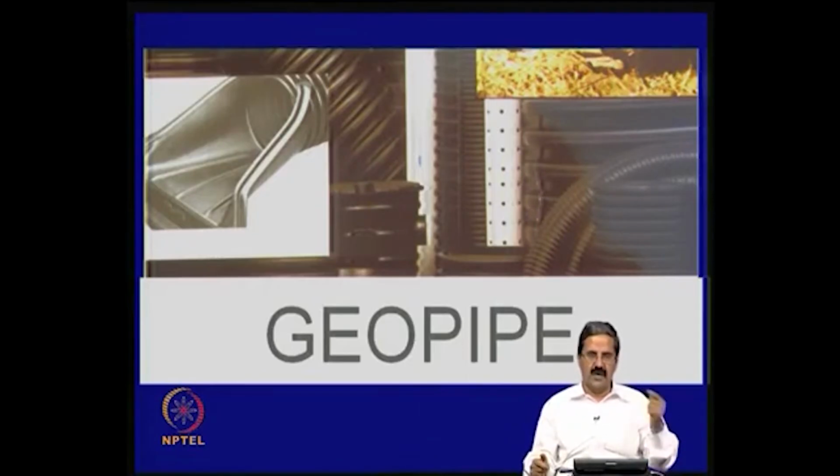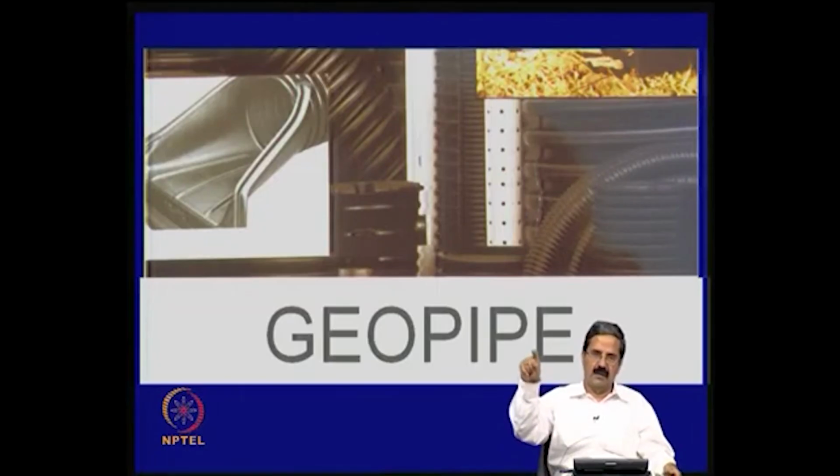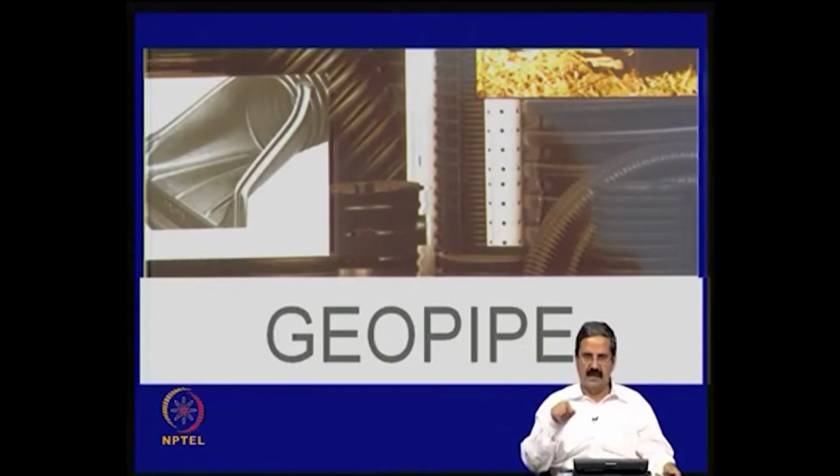So, because of the soil reaction, there is a very beneficial effect. In the case of rigid pipes like concrete pipes, say for example, if a rigid pipe exists at 3 meters, we design the rigid pipe for the earth pressure, gamma B into height of that overburden. That much pressure and also the lateral pressures you have to calculate to see if the pipe will be intact. The objective is to see that the pipe is intact, but then in the case of